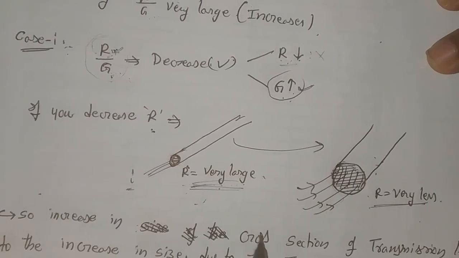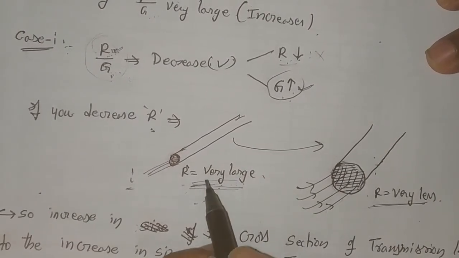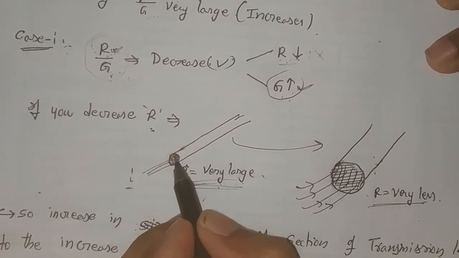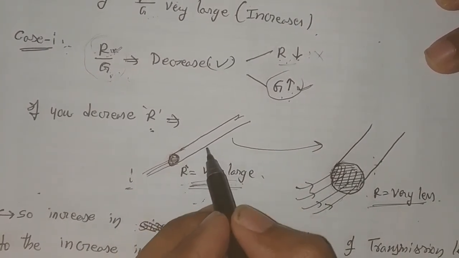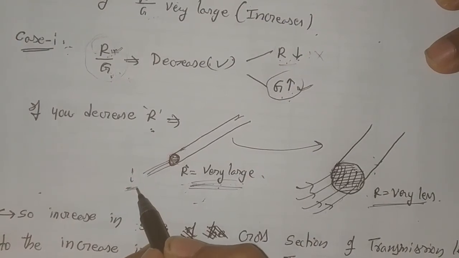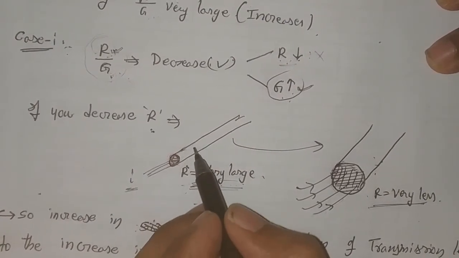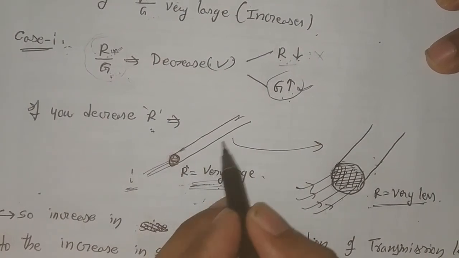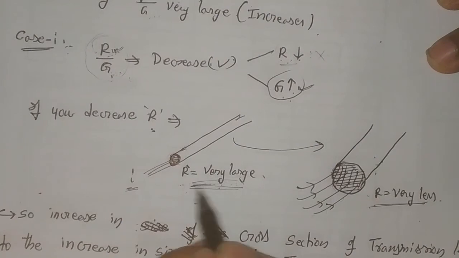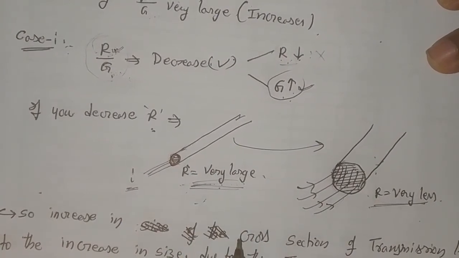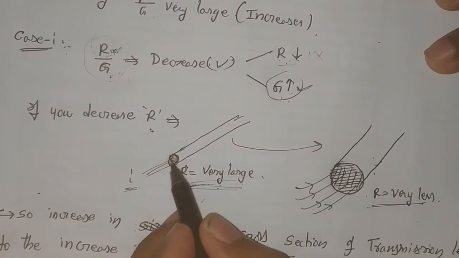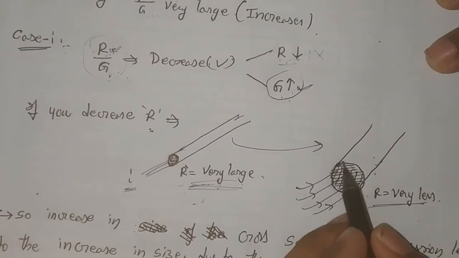Because what do we mean by resistance? The resistance opposes the flow of current, right? So due to the small cross section, this transmission line does not allow a large amount of current to flow through it. Therefore, in such a case, the resistance of such a transmission line is very large. So in order to transmit more current through it, we have to increase the cross section area of the transmission line. Now let us see this diagram.